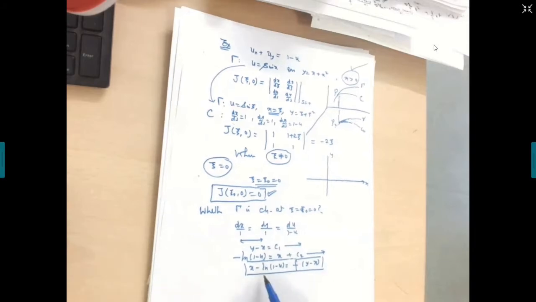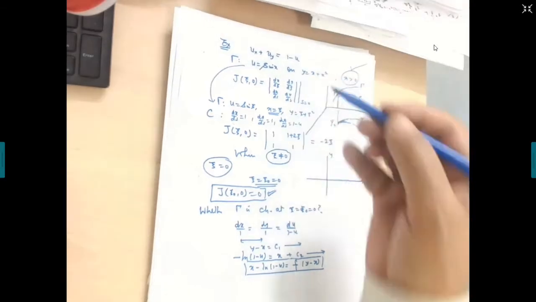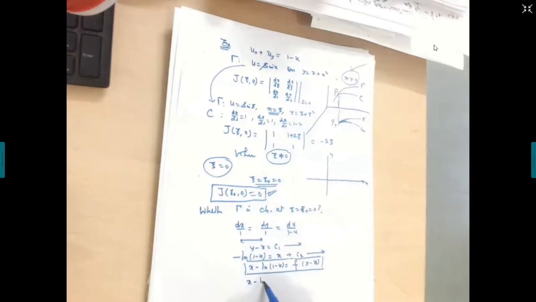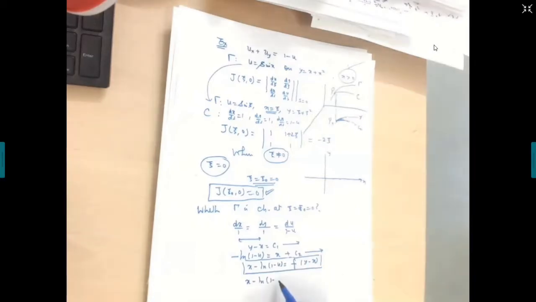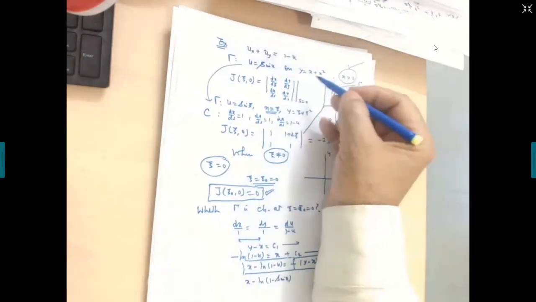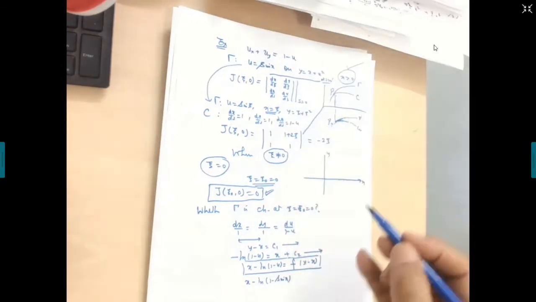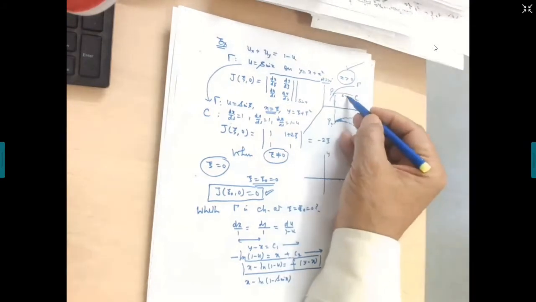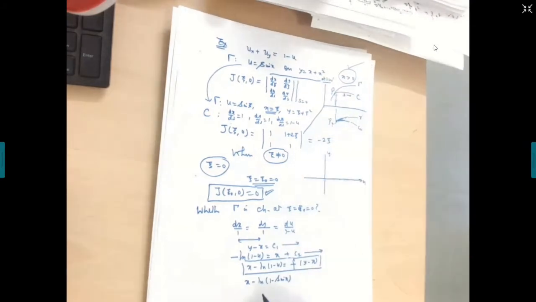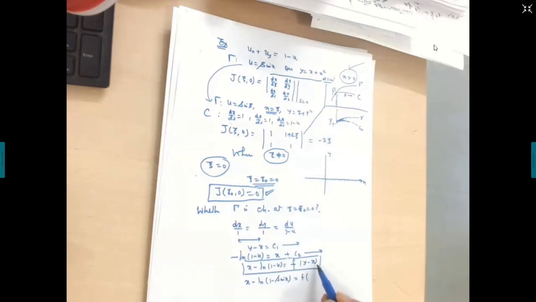Now I need to determine this function f, so I will make use of the initial conditions, that is, x minus ln of 1 minus u. What is u? u is sin x initially. These are the conditions which hold at s equal to 0, where s is the parameter. This is f of, what is y? y is x plus x squared, and the x cancels, so it is x squared only.